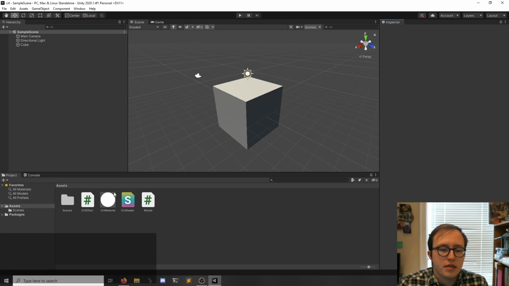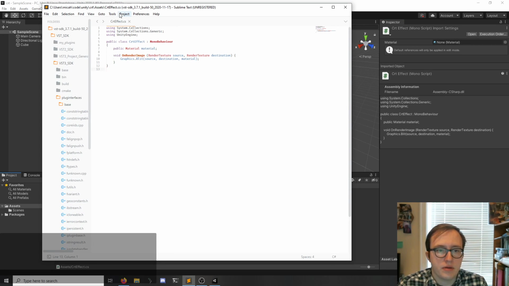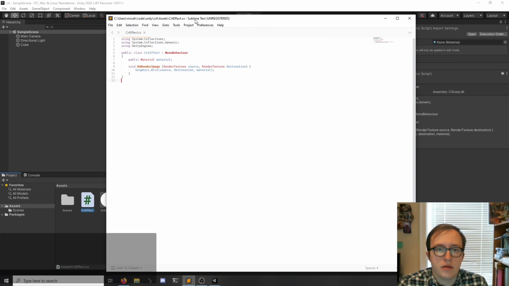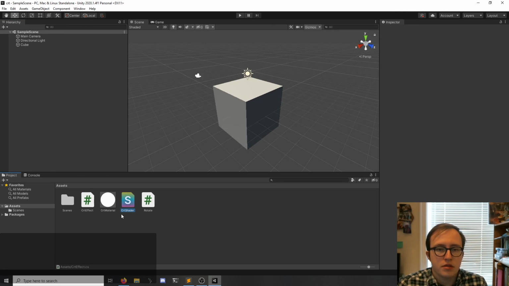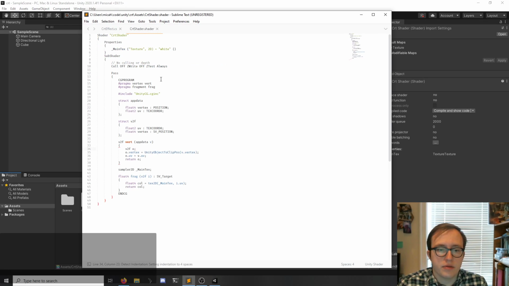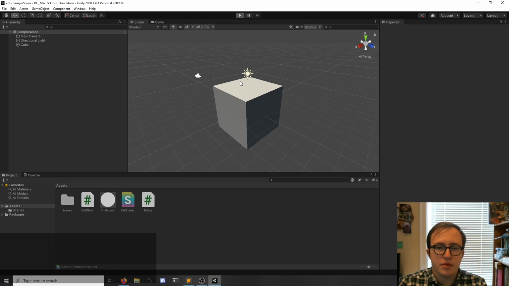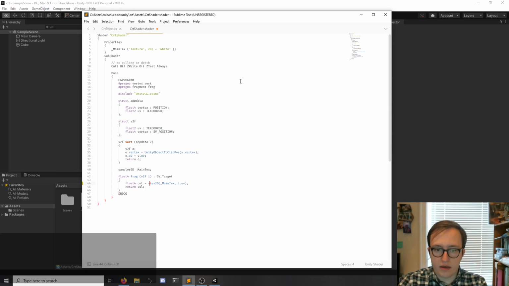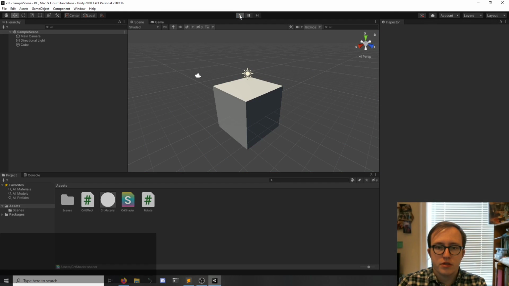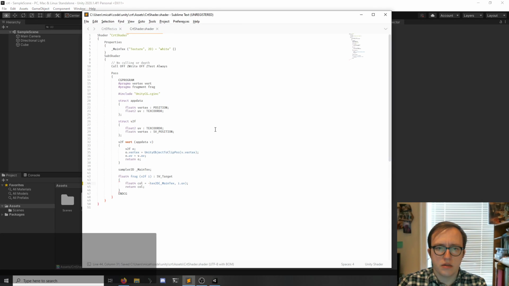So I have a basic shader setup. Okay, here's the shader. Right now it's doing absolutely nothing, and if I run, nothing happens. But if I invert the color, then it should. I had it doing that before. Oh yeah, it was like